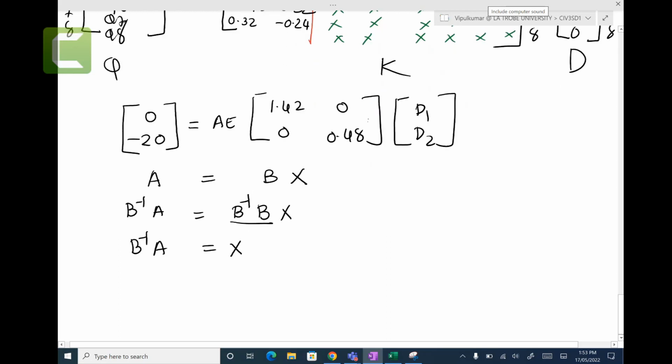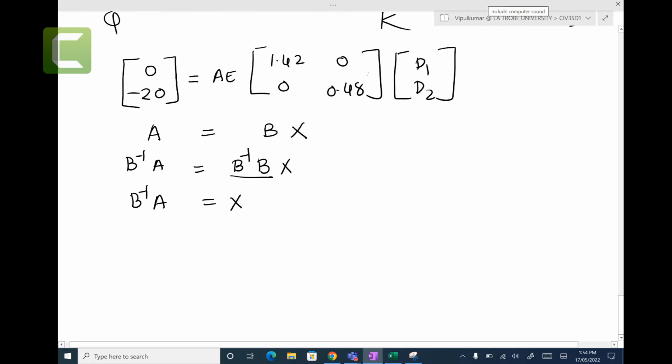You multiply by B inverse both sides. You have matrix A, you have matrix B, and you have matrix X. Then you multiply B inverse here, multiply by B inverse here, and then B inverse A. B inverse means 1 over B, so that cancels each other and X, right? So we need to get the B inverse and times by A to get the D1 and D2. So X is D1, D2